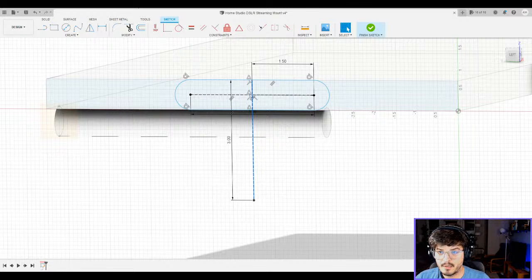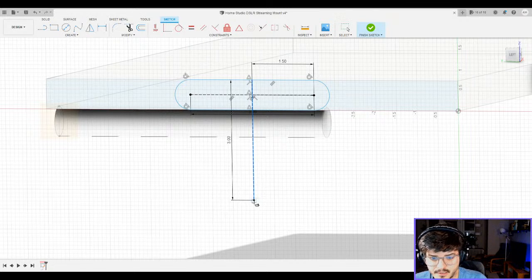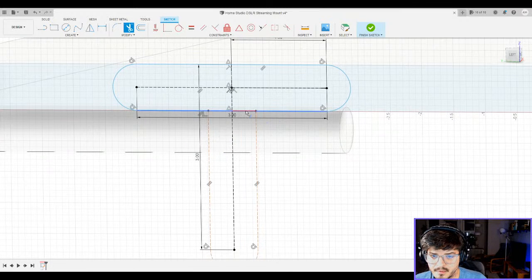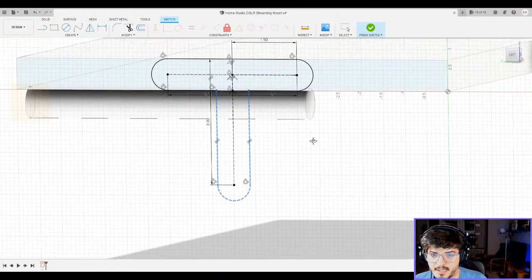This as well, I'm going to turn into a slot because why not? All right, let's do this. Center to center slot. Point right there to there. Let's also make this 75. There we go. I'm going to trim some of this because that's some of the geometry I don't need. There we go. And I'm going to remove this geometry too, and keep all of that.